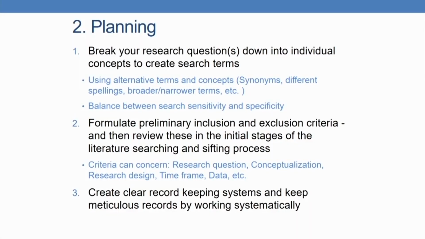In the third substage of the planning stage, we can create clear record keeping systems. Before actually doing any searching of the literature, it is worth creating one or more record keeping systems to record what we do and what decisions we take. This may seem an unnecessary effort, but if the literature is large or massive, it is almost impossible to remember exactly what we did and what information we collected as part of the search process. Therefore, it is always best to create records